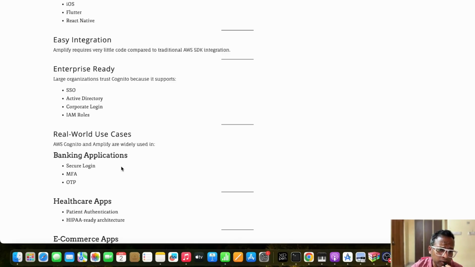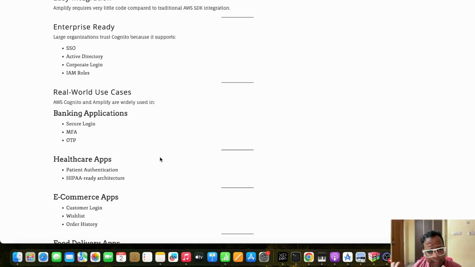Okay, the next is real-world use cases. Let's understand what the real-world use cases are. I have told you about banking applications and healthcare apps, because the patient's data is very, very crucial, and for that, that data also needs to be properly authenticated. And e-commerce apps are also very crucial,